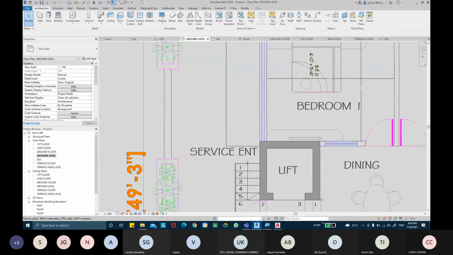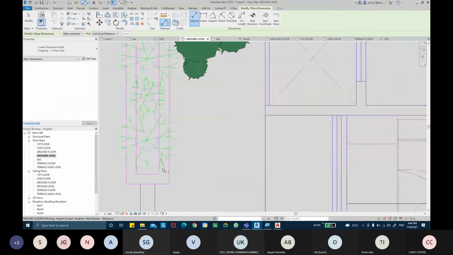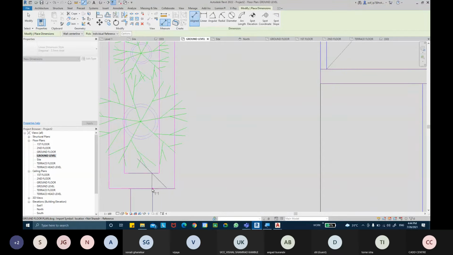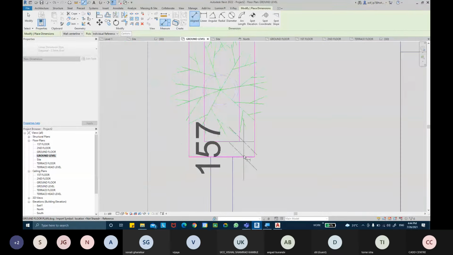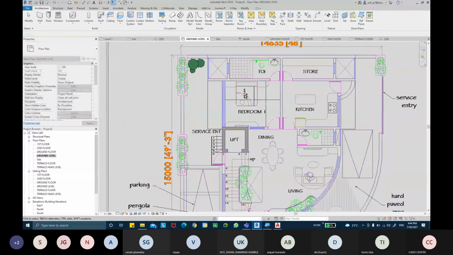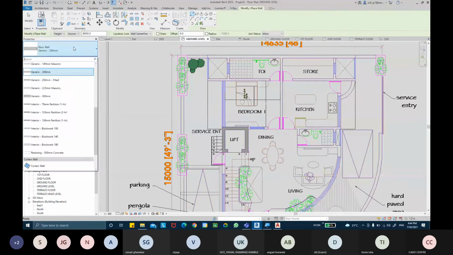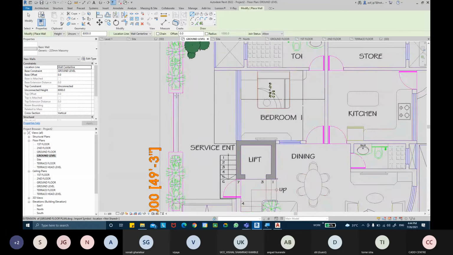Now, first of all, what's the thickness that they have mentioned for that compound wall? That's 225 mm thick walls they have been mentioned to being added, and over here they are being told with different size 157. Okay, so wall. And right now I'm not worried about the layers of the wall, so I'm going to create a quick plan without any layer details. So I'm going to take 225 masonry walls. Okay, and I can start